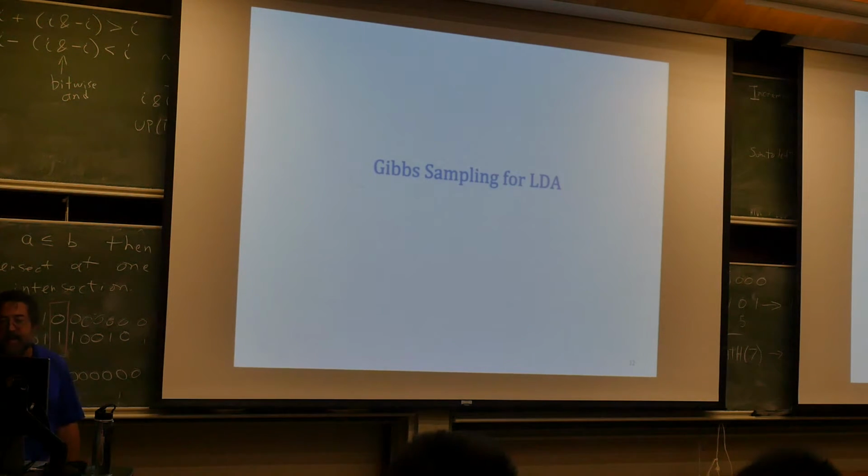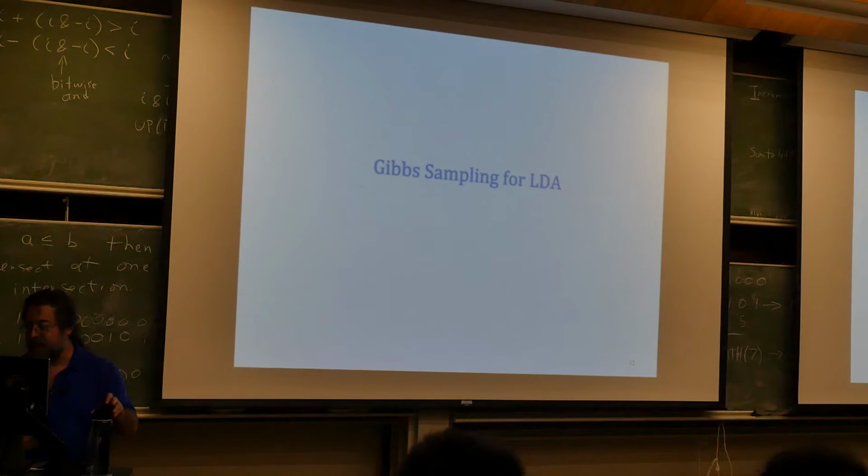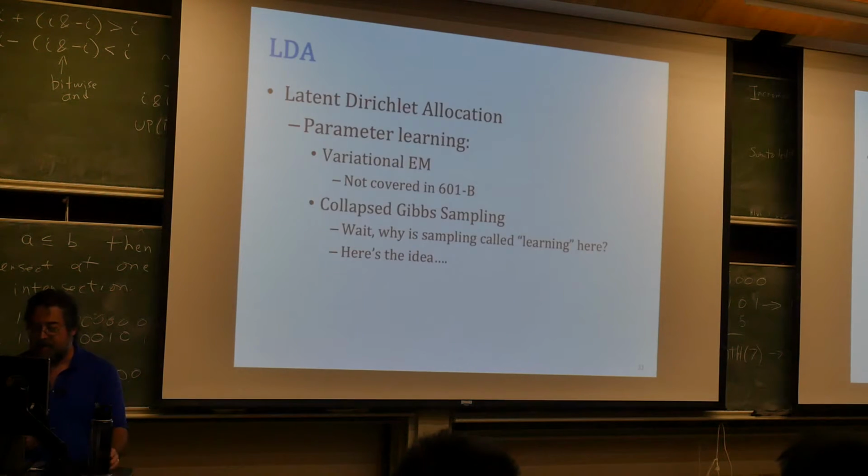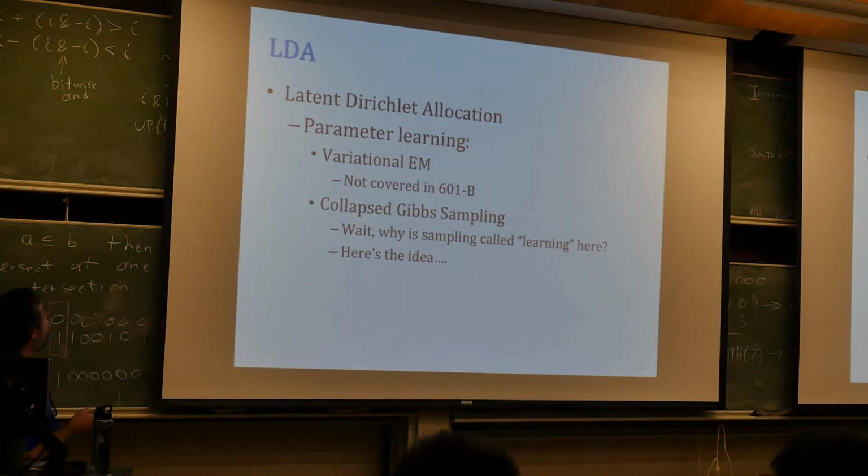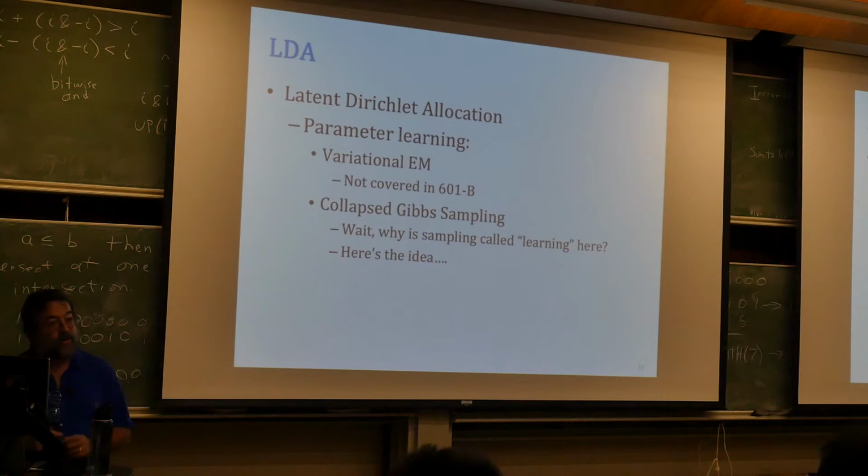Okay, so let's move on. There are a couple of different ways of doing LDA. Variational EM, I'm not going to talk about. Gibbs sampling is a fairly simple and widely used technique. That's what you'll be doing in your homework assignment. So today I'm going to go through this. There are lots of places to read about collapsed Gibbs sampling, but why not get it from me, right? Okay, so